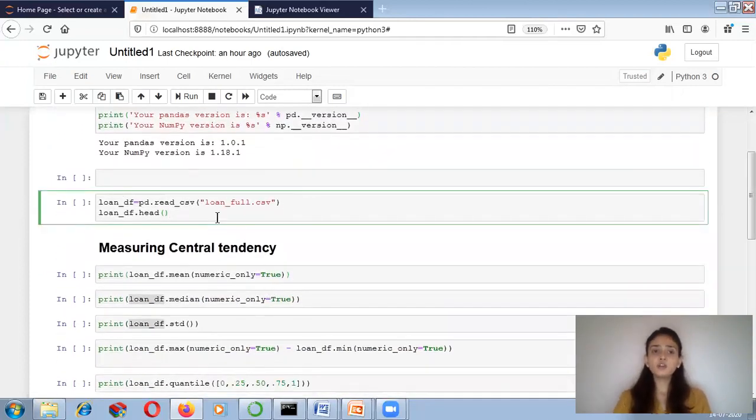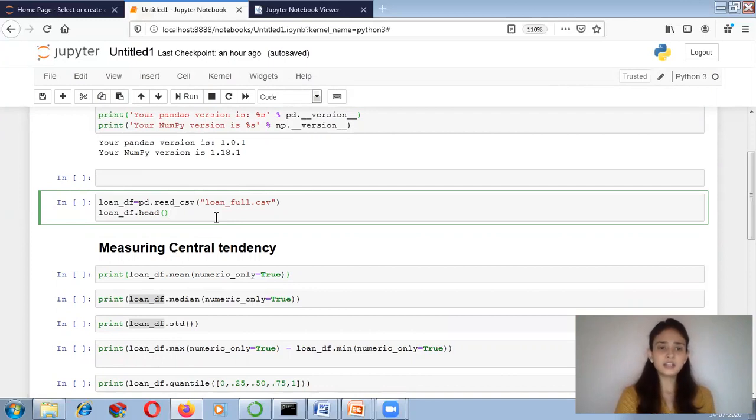Next, over here, I am loading the loan_full data set. This data set I have already provided you in the drive. So this loan_full data set is the complete train data set of the loan. And previously that loan.csv file was only a part of this complete loan data set. So for ease, I have provided you only some rows from that data set. Now this is the loan_full, that is the loan train data set.